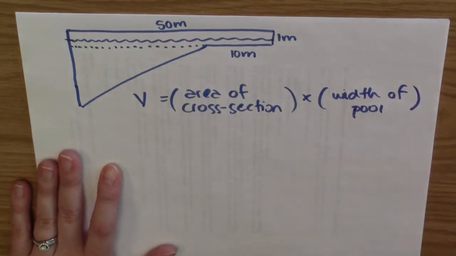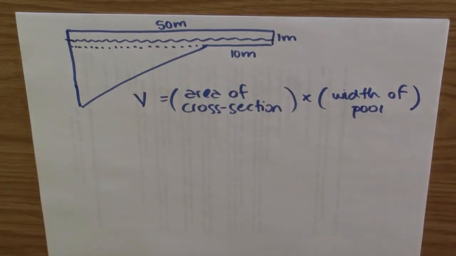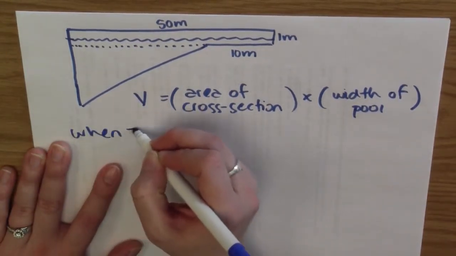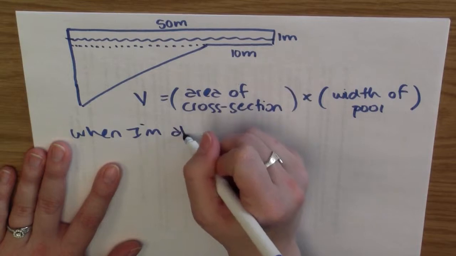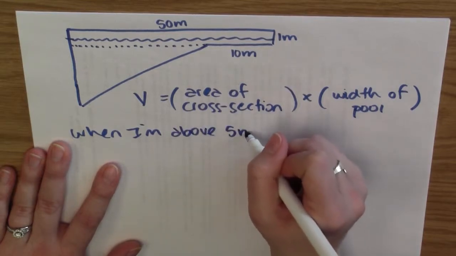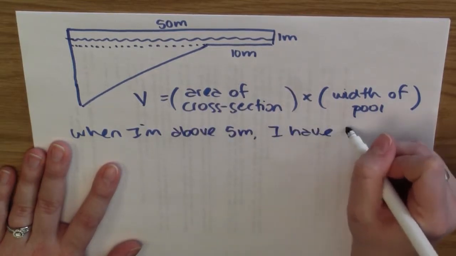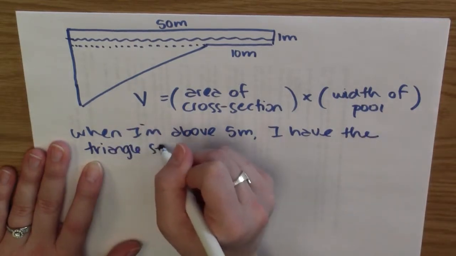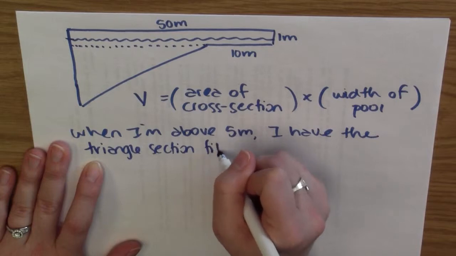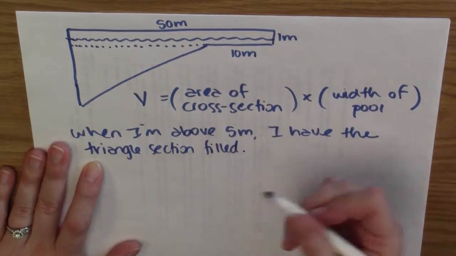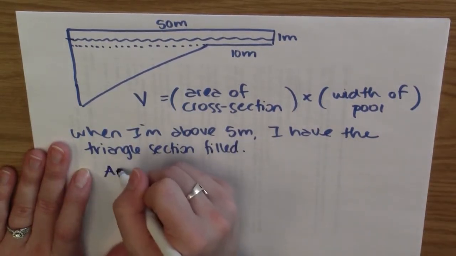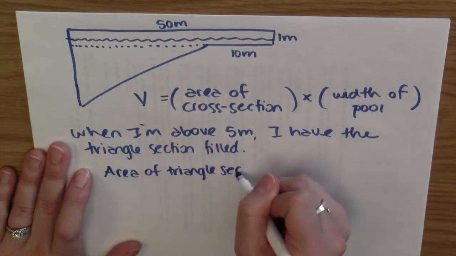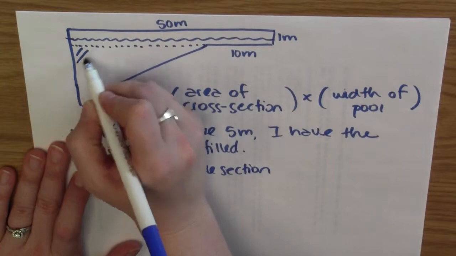The width of the pool is still 30 meters, but the area of the cross section is a little bit different in this case. When I'm above 5 meters, I have the whole triangular section filled. So the area of the triangle section, that's here,